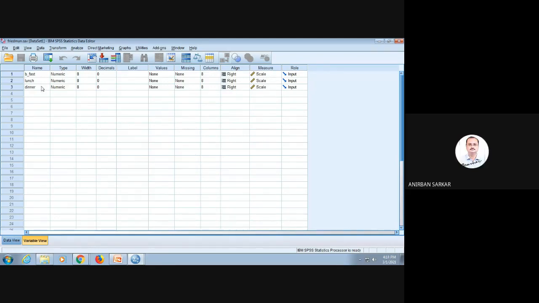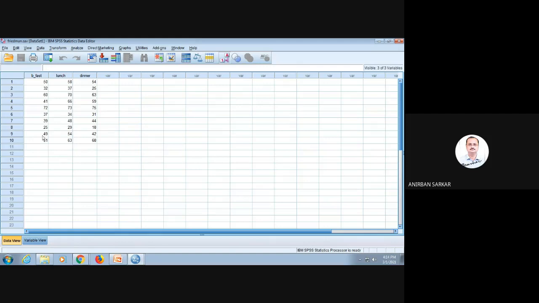So now you find that there are 3 meals, breakfast, lunch and dinner, and we need to check the quality of the 3 meals. There are 10 participants, or 10 visitors in the hotel, who have been asked to rate the breakfast, lunch and dinner on a 0 to 100 scale, and they have given the ratings here. You will find that the entire scale has not been used. Supposedly they cannot use the entire scale from 0 to 100, therefore it is ordinal in nature.